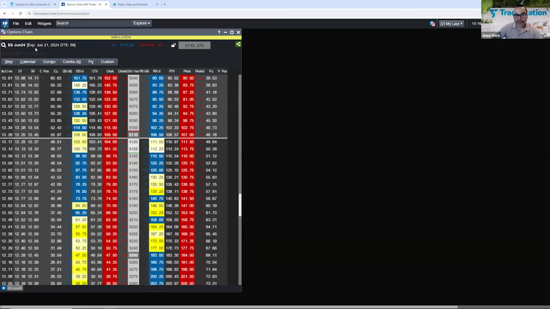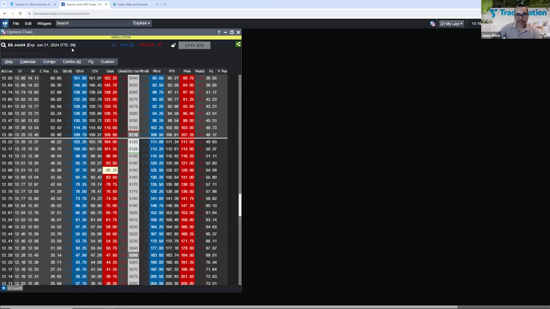Right here at the top, you also see the details on the futures, and you see how many days until the expiration of this futures contract. Of course, you can click on the bids and asks here for the futures if you wanted to trade the futures. But let's say, for example, that I wanted to trade a call, and let's say that I wanted to choose this 51.10. That's the ask price, or selling price. And then you have a bid price of 108.75. Whichever one you click on,